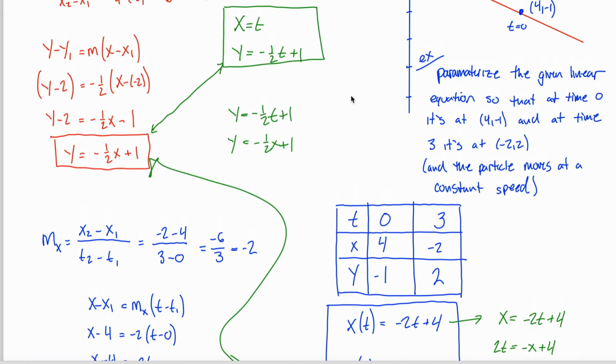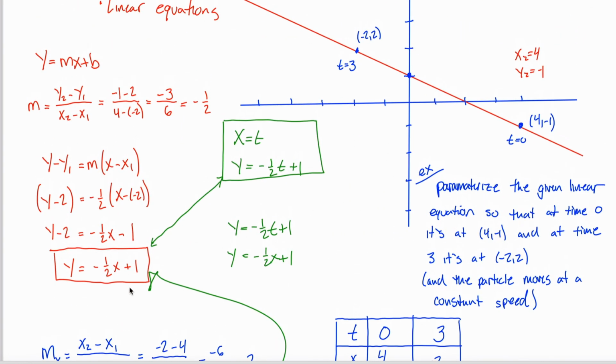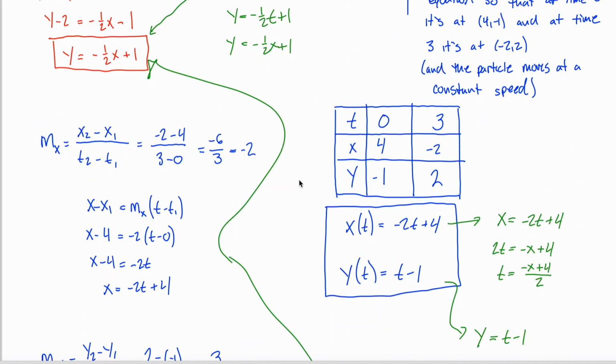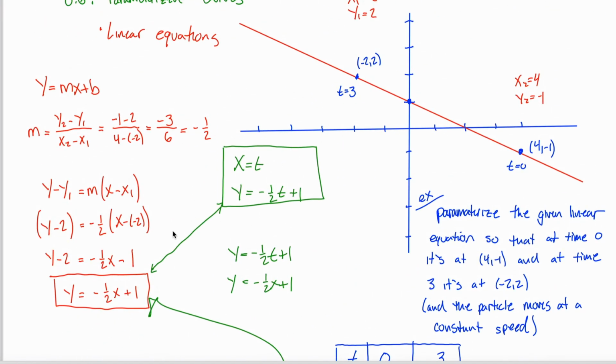The point of this video is just to see that if you have an equation in its standard form, you can rewrite it in a parameterized form. But there's lots of different ways that you can parameterize it. Sometimes you don't care about position, in which case just do the easiest way possible. But sometimes you do care about location, in which case the location will be specified, and as long as the particle is moving at a constant speed,